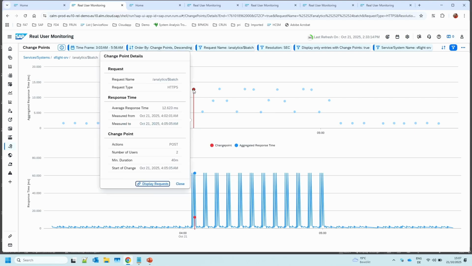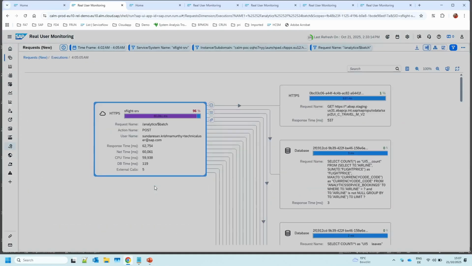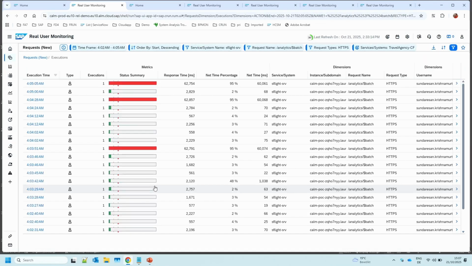By clicking on this, we also see some metadata information, for example, when this change point interval started and when it was actually detected, what the action was for that request, and how many users were affected. From here we can simply drill down into the different requests. We see there were a lot, and some of them take more than 60 seconds.